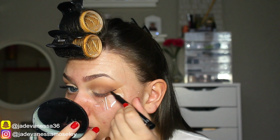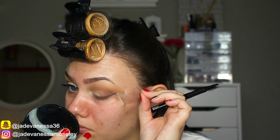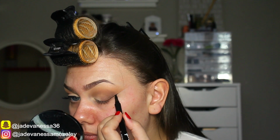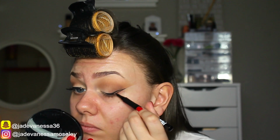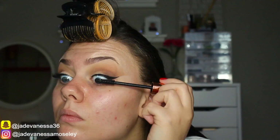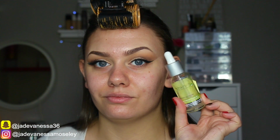This is what I always do whenever I'm in a rush, like for New Year's Eve or for any event that I want to go to, and adding a wing like I'm doing here will definitely set the eye off and make it look a lot more like a classic New Year's Eve look. So I'm just using the MARC eyeliner from Avon and creating a basic liner, and then I'm going to prep my face with the Urban Decay Prime and Prep Spray,